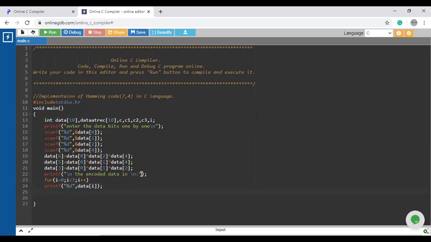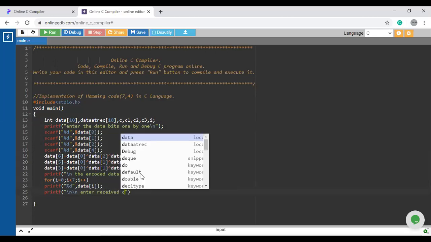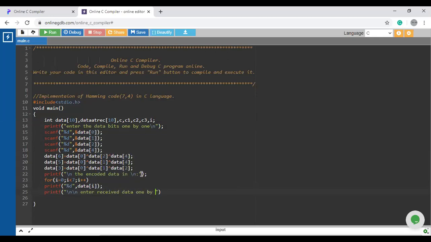So now the next step will be, we have to check at the receiver side if there is any error or not. So I'm going to print this statement, printf: enter received data, enter received data one by one.